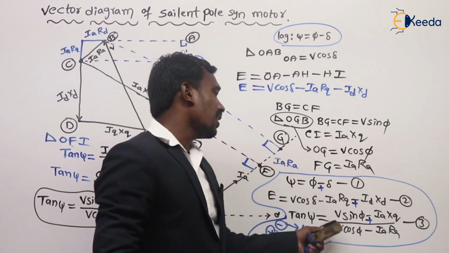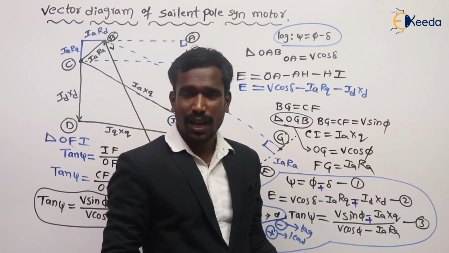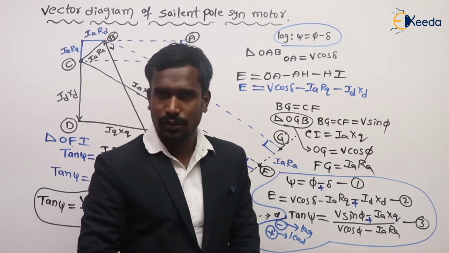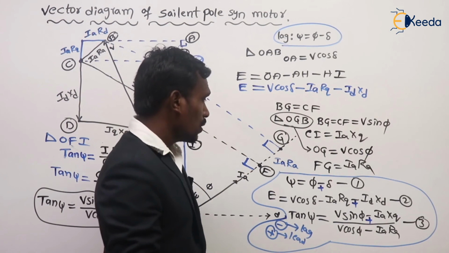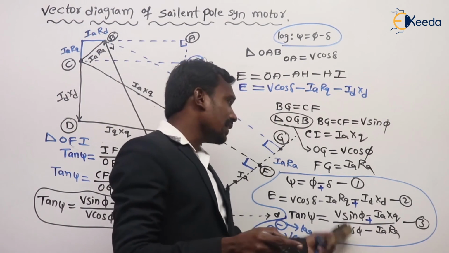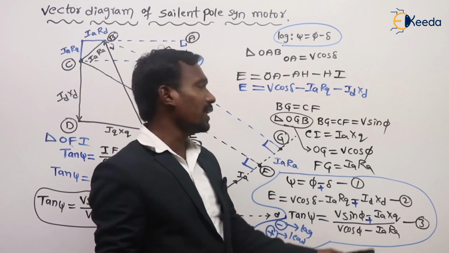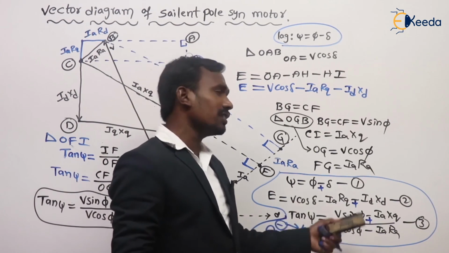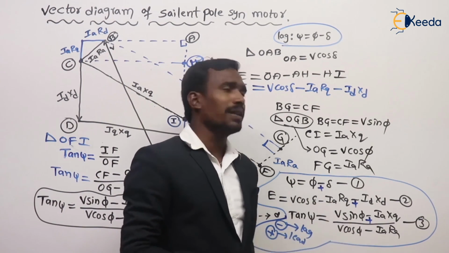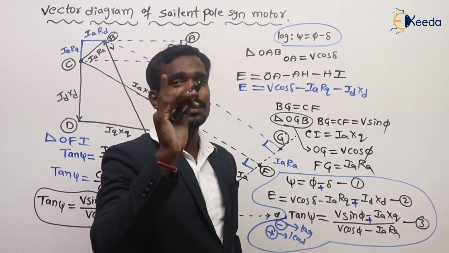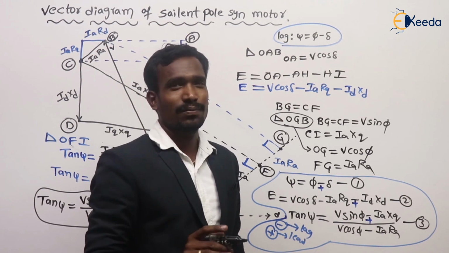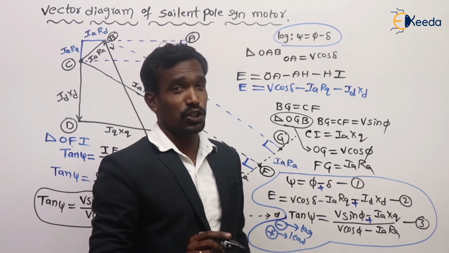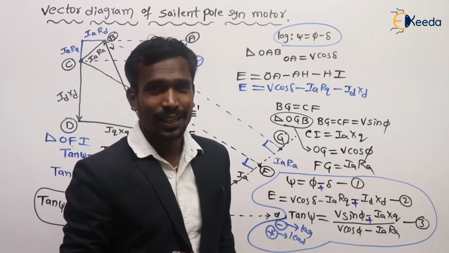The same diagram you can draw for leading load. If you draw it, then the values are given here. I am not wasting time by drawing it again. So the final values are these values. Is it okay? Understood? So for alternator, we have 3 equations for lagging, and for leading just the minus and plus change. And for synchronous motor also, we have 3 equations for lagging and leading, just the minus or plus change. You should remember these 3 plus 3, 3 plus 3, 12 equations. Very important. Don't get confused in the examination. Remember carefully. Okay? Thank you very much.